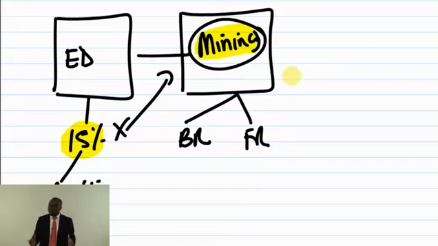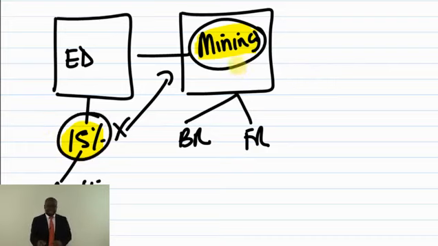So when you read your big questions, the examiner will tempt you by giving you this, and then he will be hiding things from the work, the way you have to calculate the NPV for the mining. What is the common sense? We all learned now that companies in the same industry face the same business risk. So if I'm coming to the mining industry, I will face the same business risk as other companies in the mining industry. So what should I do? I have to go to the mining industry and look for a beta. And that is what is called the proxy beta.